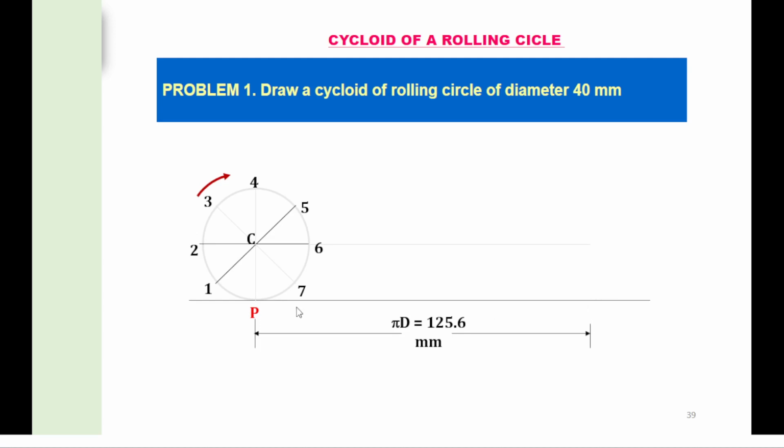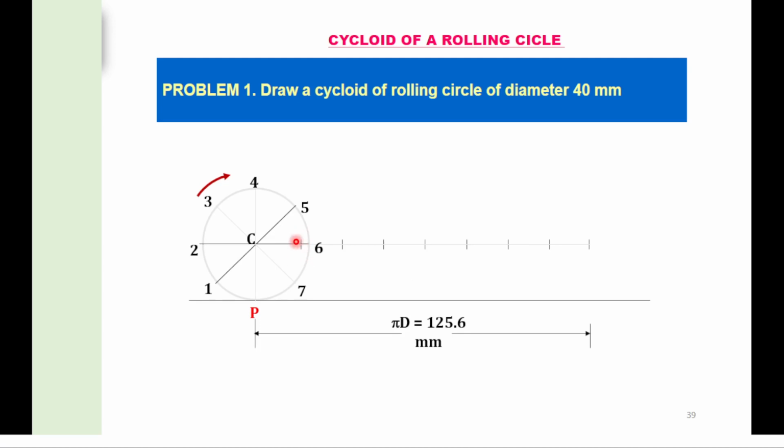So this circumference represents the total distance covered by this circle when it completes one revolution. Now we will divide this line into 8 equal parts, as we have divided this circle into 8 parts. Each point depicts the positions of the center.